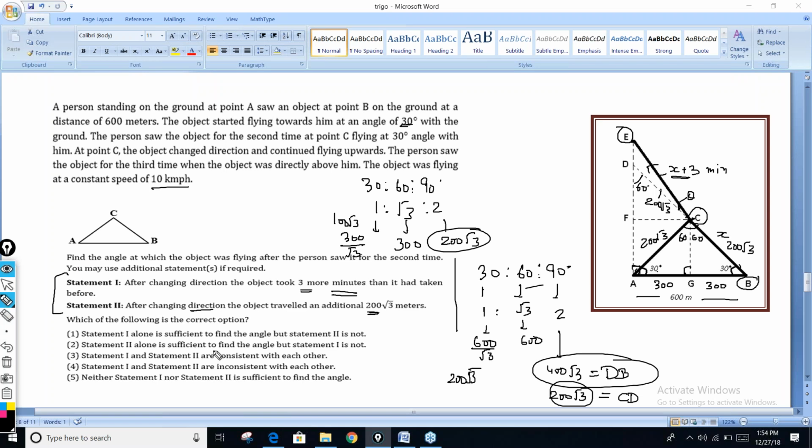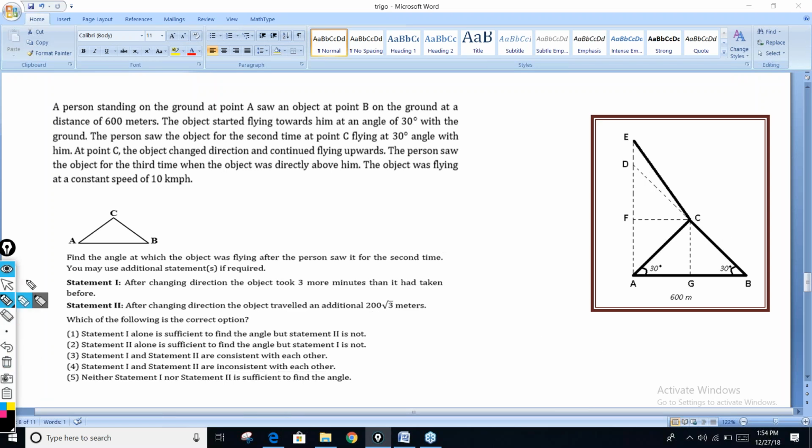तो इसका मतलब ये दोनों स्टेटमेंट जो दिए हुए हैं ये आपस में कैसे हैं, ये है इनकंसिस्टेंट विद ईच अदर, बिकॉज सेकंड स्टेटमेंट कुछ और बोल रहा है, फर्स्ट स्टेटमेंट कुछ और बोल रहा है। तो अगर हम सेकंड स्टेटमेंट सही मानते हैं तो पहला स्टेटमेंट हमारा गलत हो रहा है, और पहला स्टेटमेंट अगर सही मानते हैं तो सेकंड स्टेटमेंट गलत हो रहा है, फिर ये वाला डिस्टेंस ज्यादा आएगा। बट ये वाला डिस्टेंस तो उसने दे रखा है 200√3, विच इज नॉट पॉसिबल। तो इसका मतलब करेक्ट आंसर इज स्टेटमेंट 4, बोथ द स्टेटमेंट आर कॉन्ट्राडिक्टिंग टू ईच अदर एंड दे आर इनकंसिस्टेंट विद ईच अदर। ठीक है, कम टू द नेक्स्ट वन।